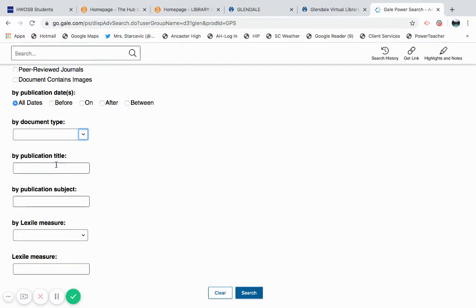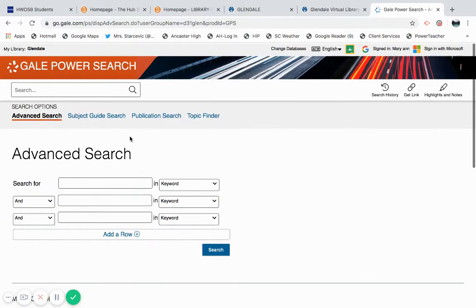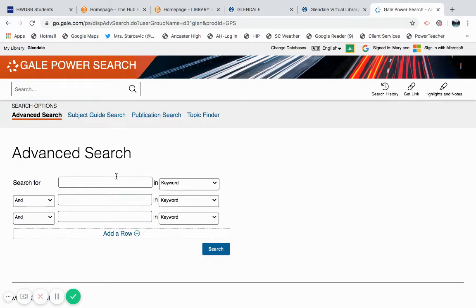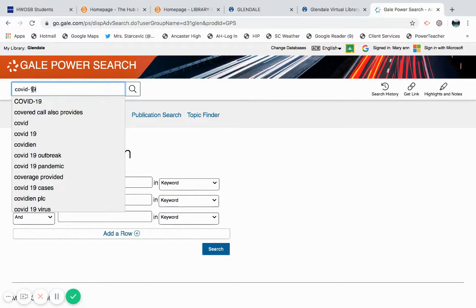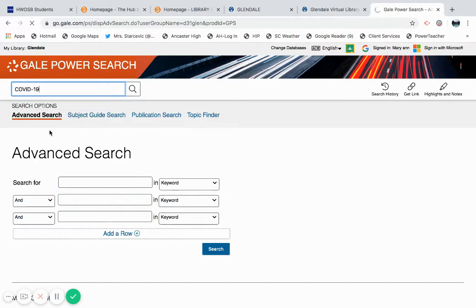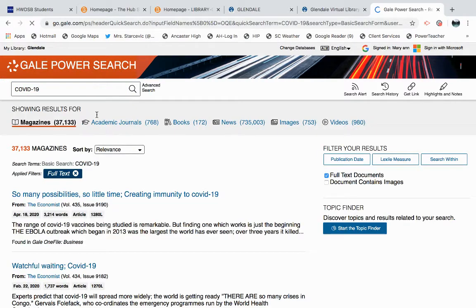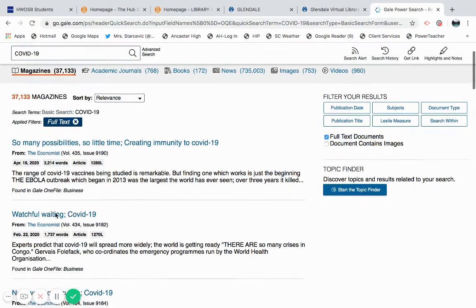So publication title, for example, might want to look for Maclean's. So you can put Maclean's in there, and you can also do that through this button here. So I'm just going to do a general search on COVID just to see what it has. And once I get that topic in there and press go, it'll give me the results that it has in